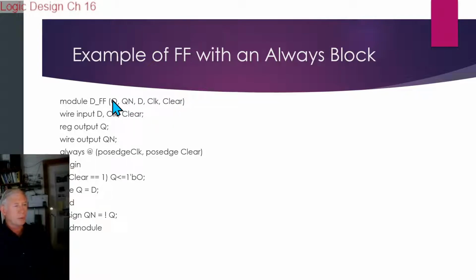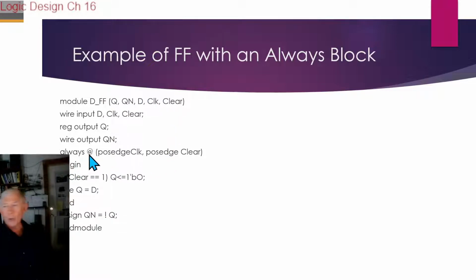So now we've described these signals in a little more detail. We know which ones are inputs, which ones are outputs, which one is a register, and the rest are all wires. Now remember, a register is basically a flip-flop. So that's kind of funny, right? But that's what we're making here. All right, so then we get to there are no internal variables. All the variables in this module appear in our port list. So now we have an always block,